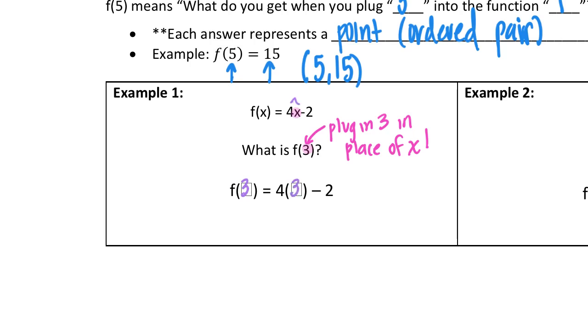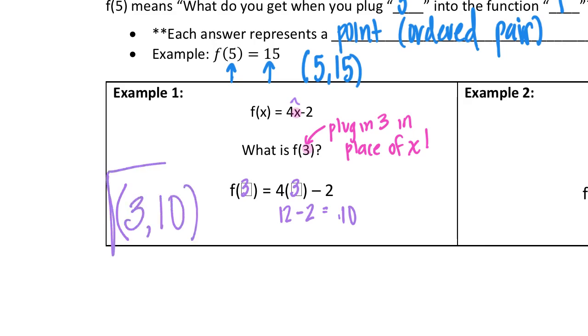Remember, when two numbers are linked and they're just smushed together, that's a multiplication. And then follow your order of operations to finish up. So we have 4 times 3 is 12 minus 2. 12 minus 2 gives us 10. So 10 is our output, meaning that on this function, if you plugged in 3, your end result, your output